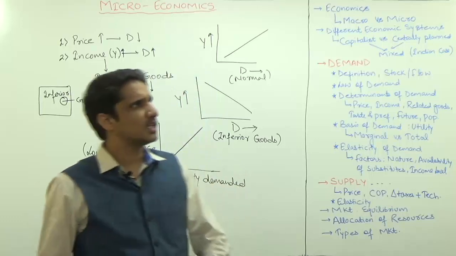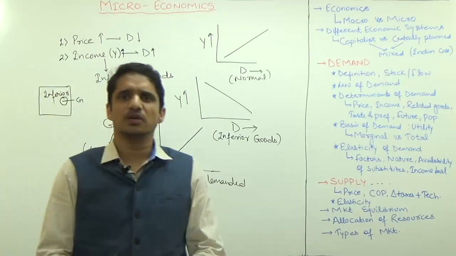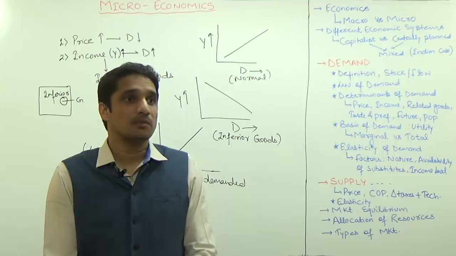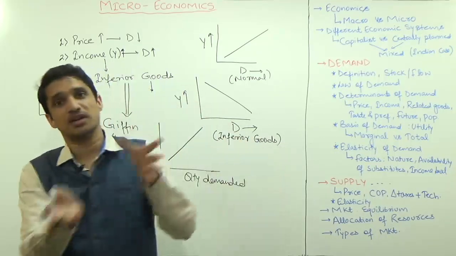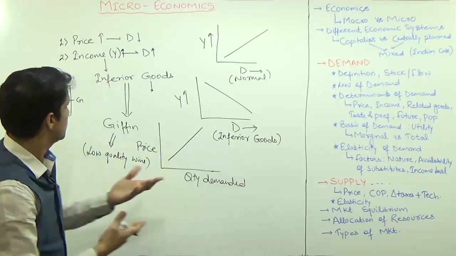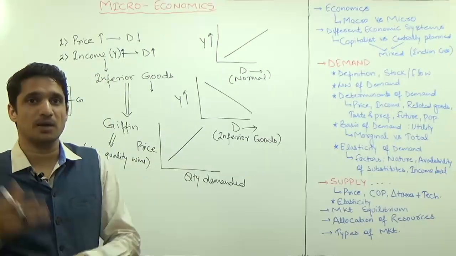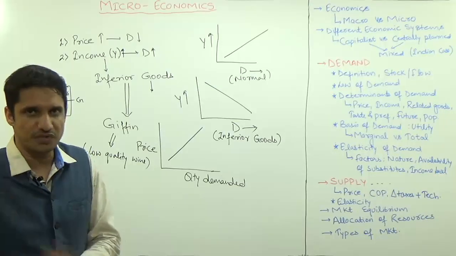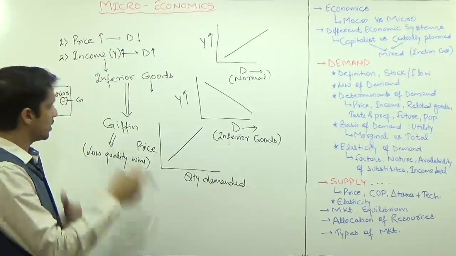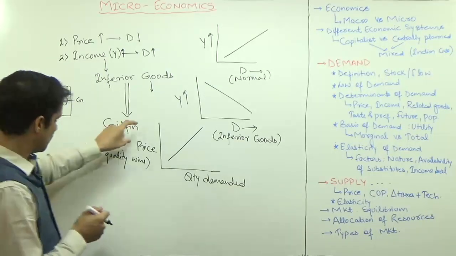inferior goods. When I said potato, raw potato can be an example of inferior goods, but once this potato is converted into chips and all, and of McDonald's, it becomes luxurious. Now they will come under 150 rupees, 200, 250 rupees. So it depends in what form you are consuming these goods. So this is what the Giffen goods are.